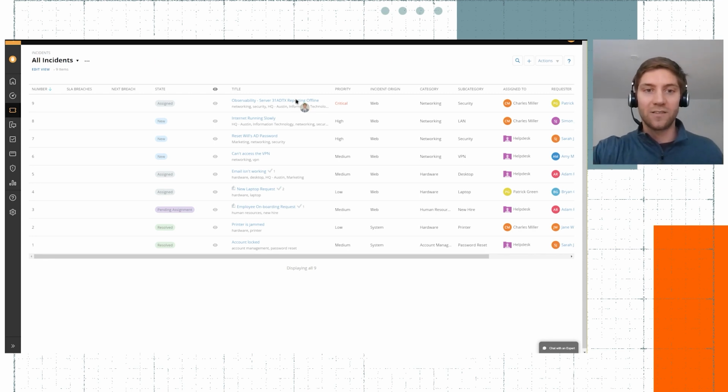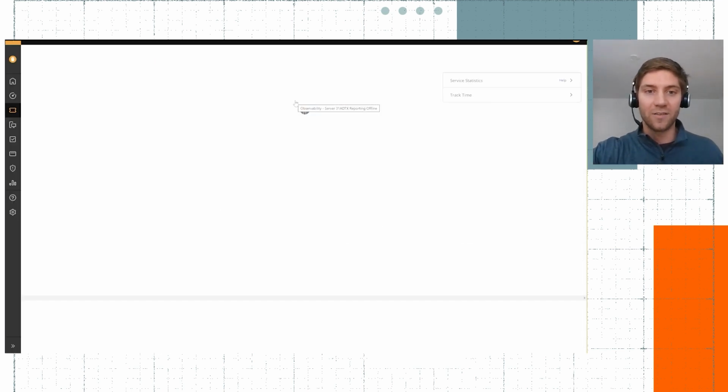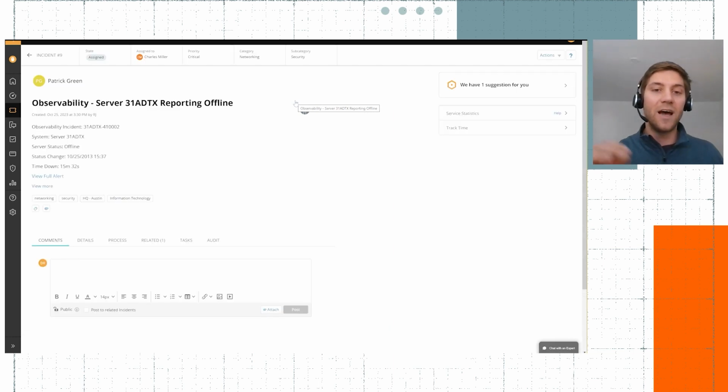And where Service Desk comes into play and can take us those steps further is, now that we know XYZ is happening, or in this case, in the example, we know server 31 is reporting offline. Well, for us, that's a critical issue, because server 31 is hosting XYZ applications. It's a critical server to what we're doing every day. So if it's reporting offline, what actions, what steps, who do we need to involve in order to get this service restored and get people back to being able to do their job?